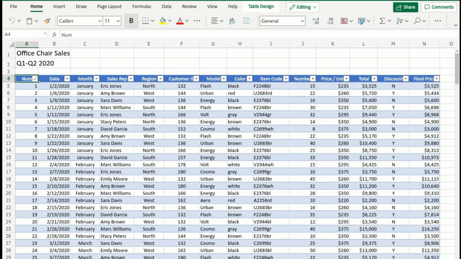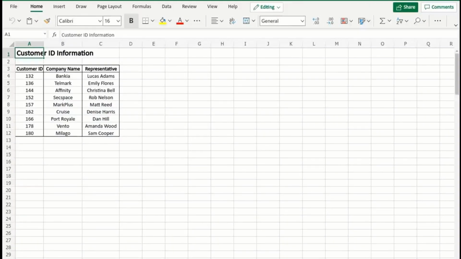Welcome back. In the previous task, you learned how to do some data mining using the if function. In this task, you will learn how to relate tables located in different worksheets and search for information using the VLOOKUP function. You will see on the spreadsheet that there is a second worksheet named Customer Info, which relates the customer ID number that we have in the first table with the company name for the customer and the client